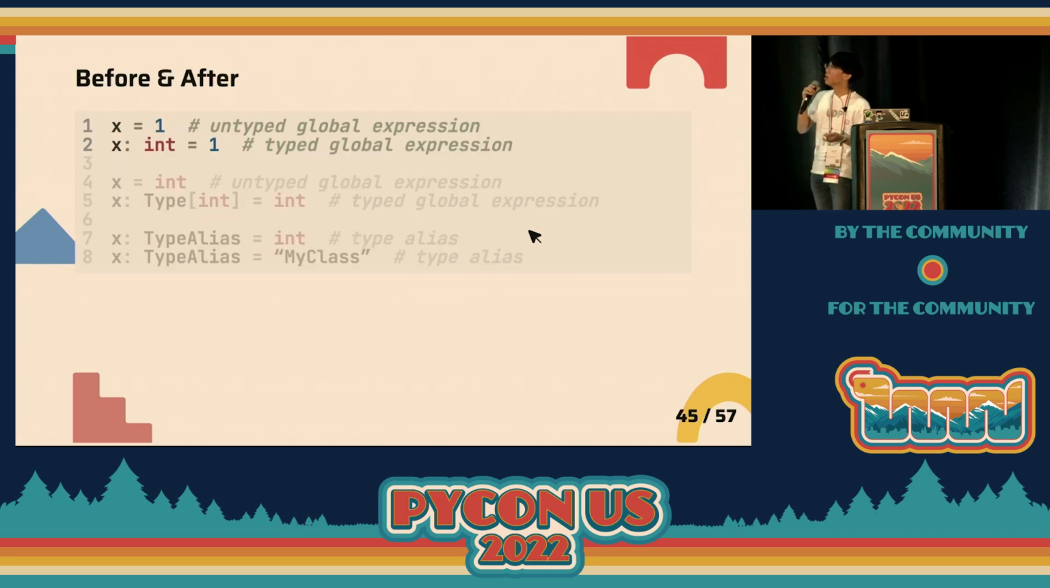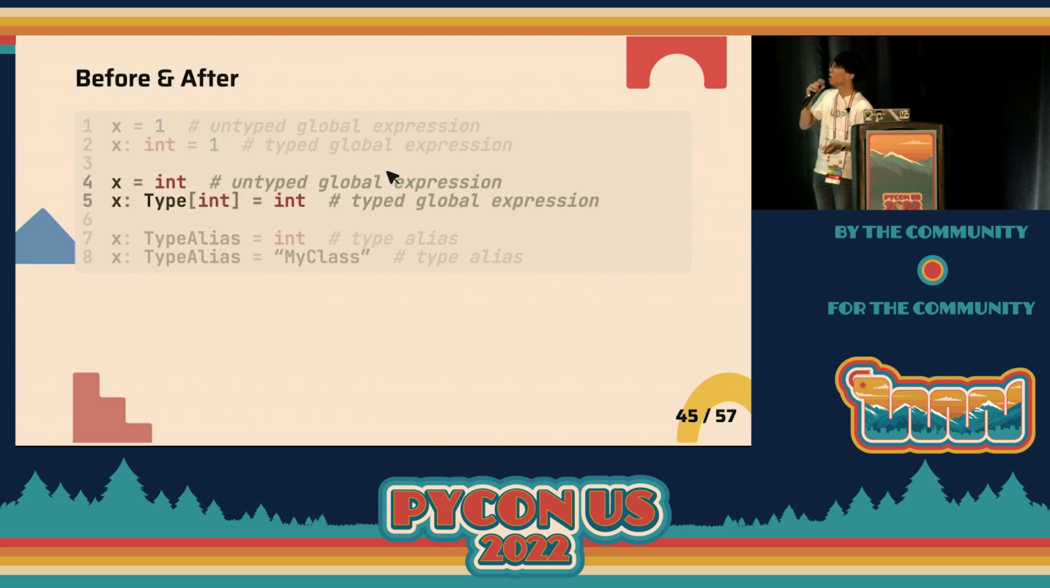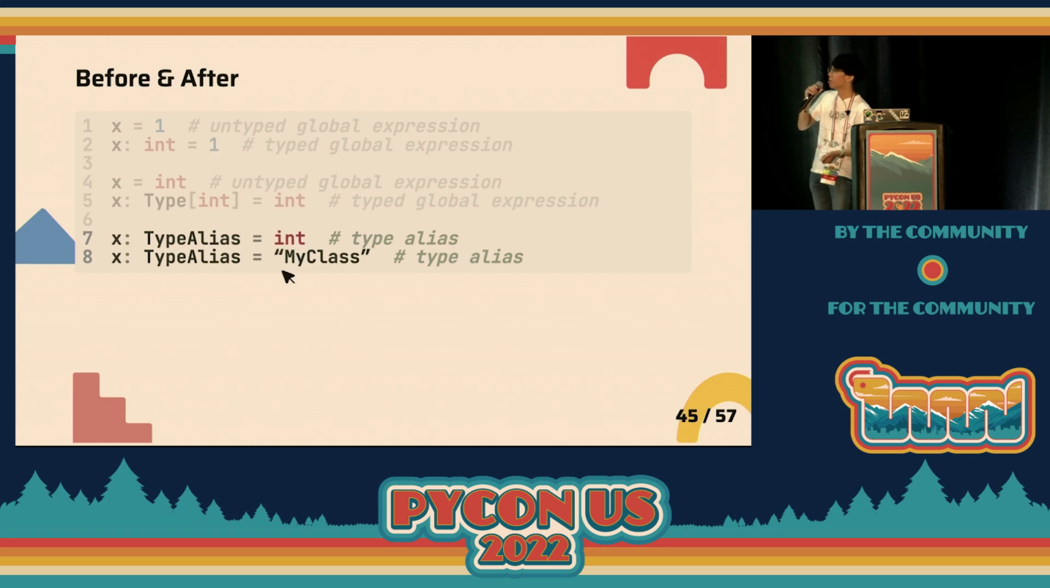Okay. This is before and after. Okay, this is a global expression as an alias, and a typed global expression, and then this is used for forward references. Okay,